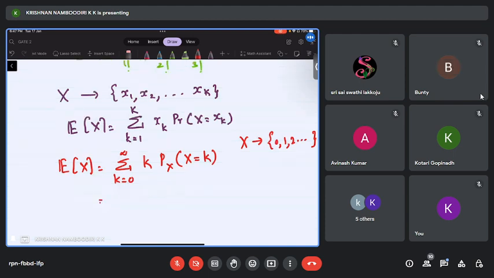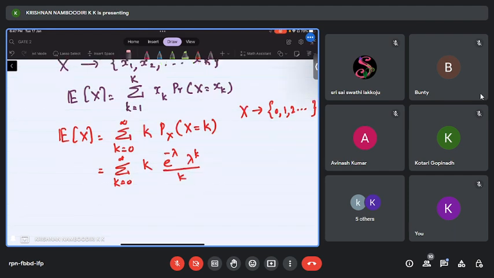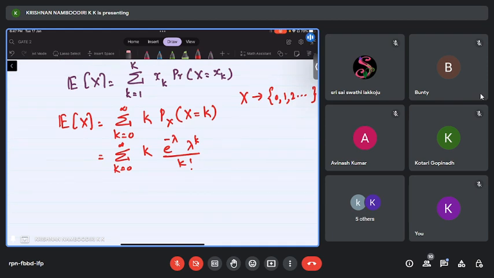So now let us calculate this. Summation k equal to 0 to infinity k into e power minus lambda, lambda power k divided by k factorial. So this k and k factorial can be written as summation k equal to 0 to infinity e power minus lambda, lambda power k divided by k minus 1 factorial, right? So now I can take e power minus lambda outside and 1 lambda outside, lambda e power minus lambda, summation